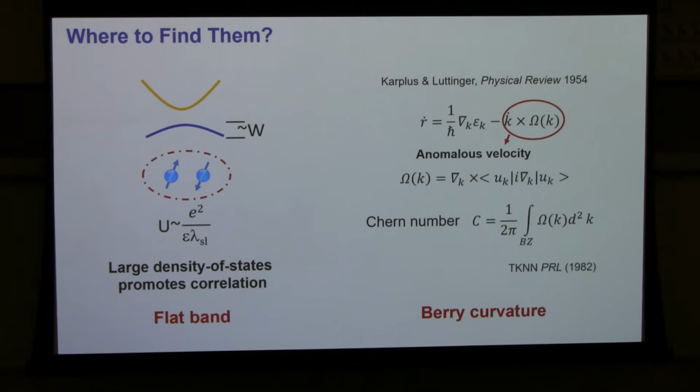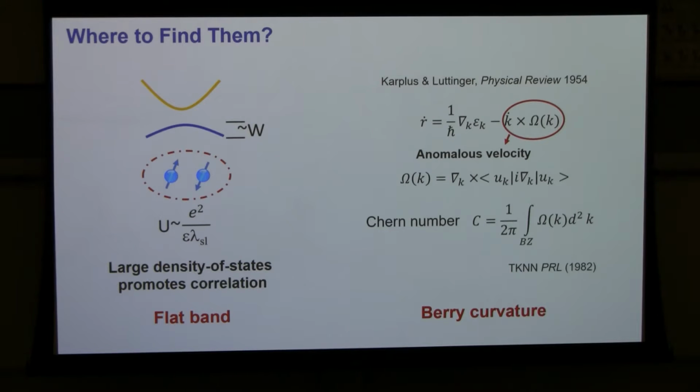On the other hand, in order to get topology, well, this is just my way of viewing it, this very basic concept of Berry curvature that you can get from, even like 1950s, tells you that you can have anomalous velocity of electron wave packet, and if you integrate this Berry curvature, you can get the Chern number that gives you the topology in the quantum Hall state. And this Berry curvature is also some good starting point if you want to look for topological state of matter.